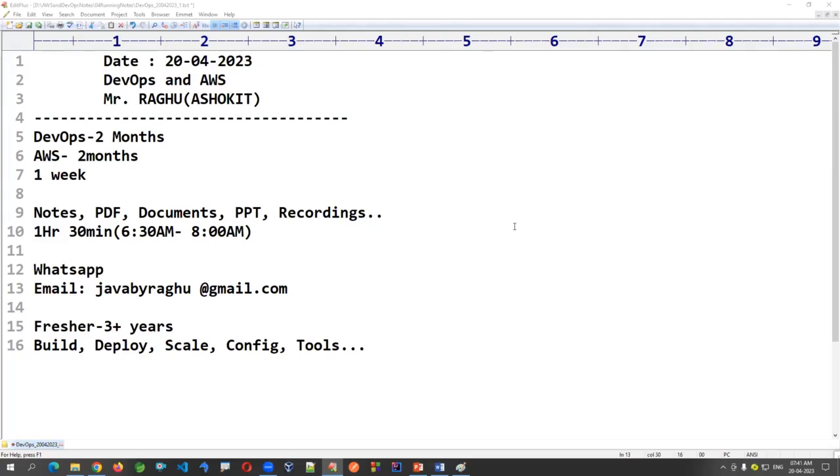By learning this, you can show up to 3 years only. Then you have to dedicatedly work on something like high-level Kubernetes or AWS next-level certifications. That helps a lot to cover more experience. They'll ask for certified Kubernetes administrator, or cloud solution architect associate. They'll ask to cover more experience. With the subject I'm giving, you can come up to 3+ years only. By doing that, you can show more experience, of course.